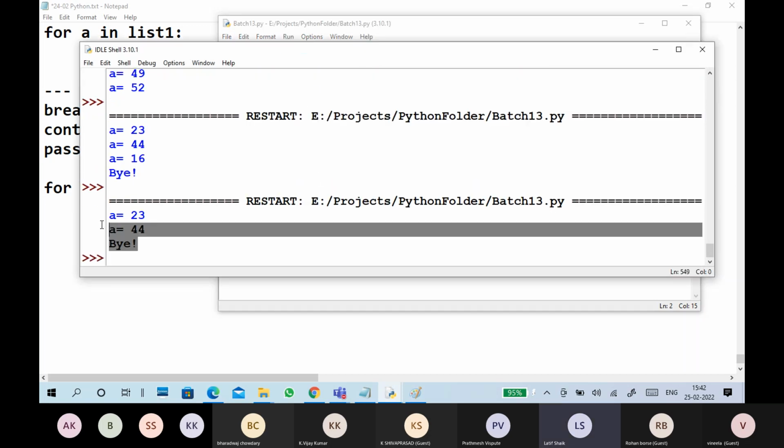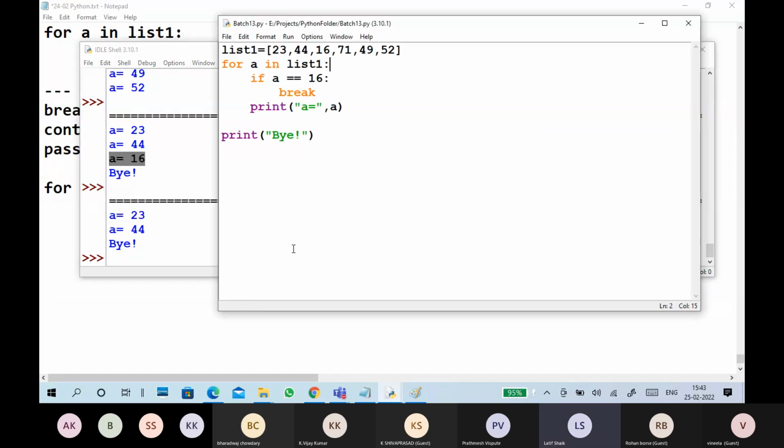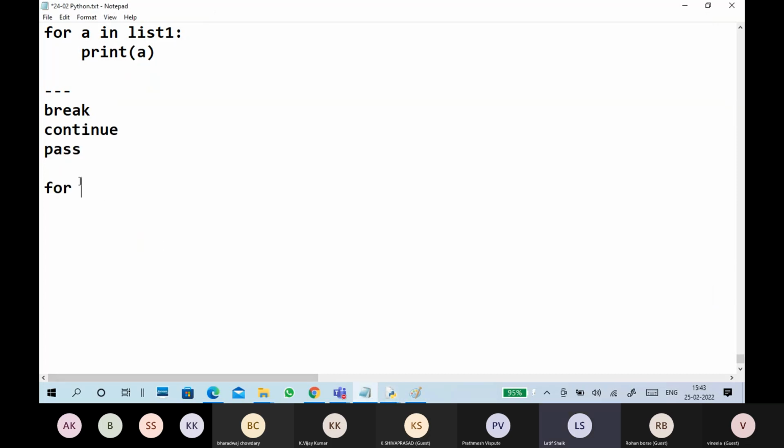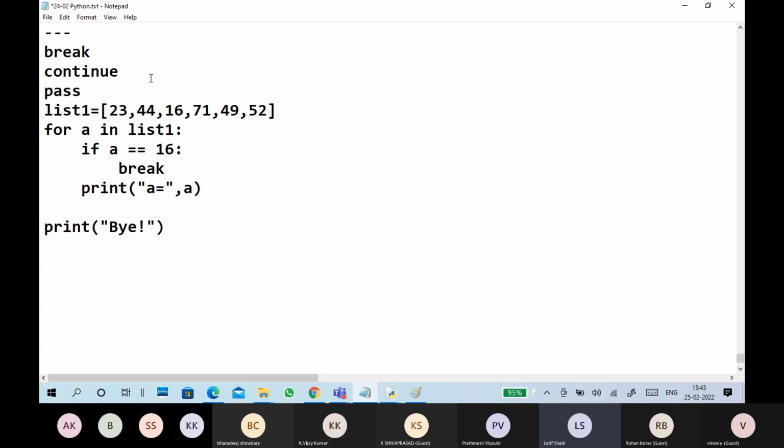When it reaches 16, without printing 16, it will break. So in two ways we can do it. Break whenever the condition is satisfied. Normally it iterates one by one; whenever the condition is satisfied, it breaks the loop.